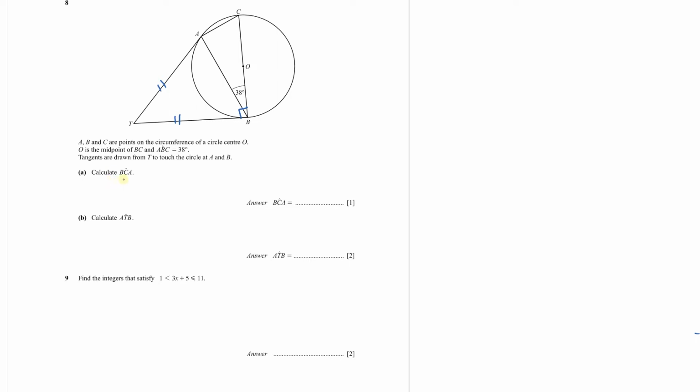So first we need to calculate angle BCA. BCA is this angle which is unknown. So this angle BAC is 90 degrees because this is the diameter, and you know the property that angle subtended by the diameter, or angle in the semicircle on the circumference, is 90 degrees. So now I can use the property of this triangle ABC, where this angle 90 degrees, plus 38 degrees, plus this angle BCA should be equal to 180 degrees. So angle BCA will be equal to 180 minus 90 plus 38 will be